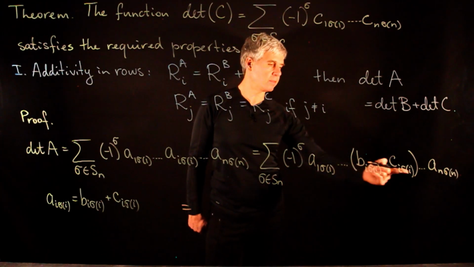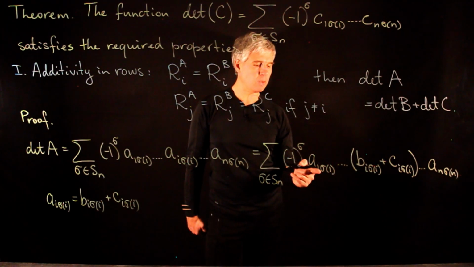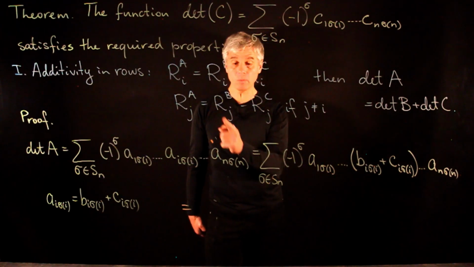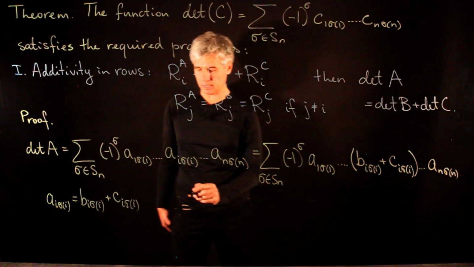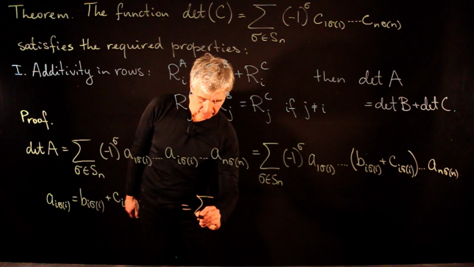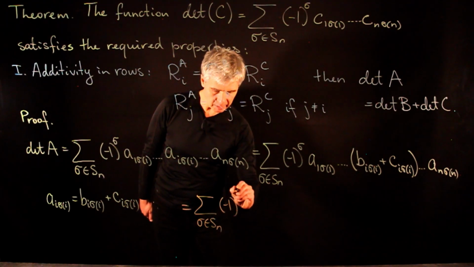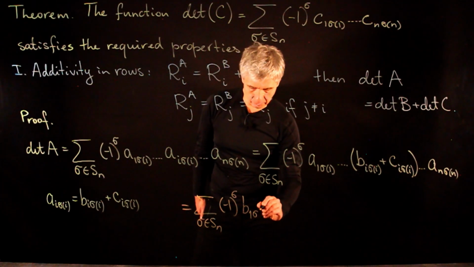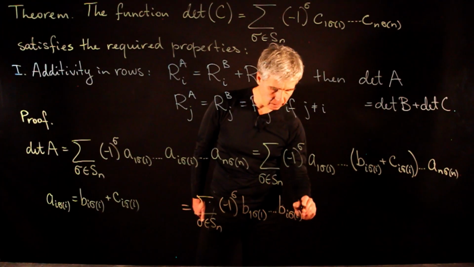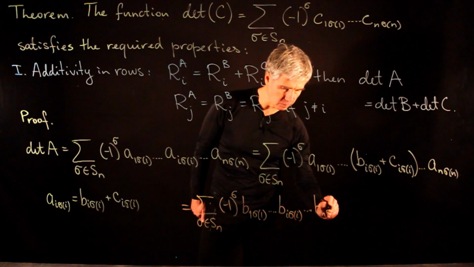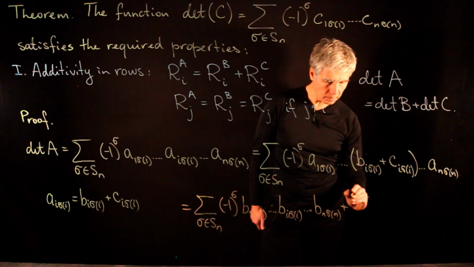So when we expand this formula using the distributive law, in the first summand we can replace a_{1,σ(1)} with b_{1,σ(1)}, because row 1 in matrices A and B are the same. So we get the sum over σ in S_n of (-1)^σ b_{1,σ(1)} ... b_{i,σ(i)} ... b_{n,σ(n)} plus, now we expand this using the distributive law, we get